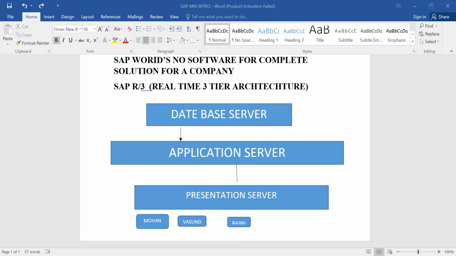In SAP, all systems are in one system. Your business completely we can upload and we can run the business. How many branches there are is no issue.